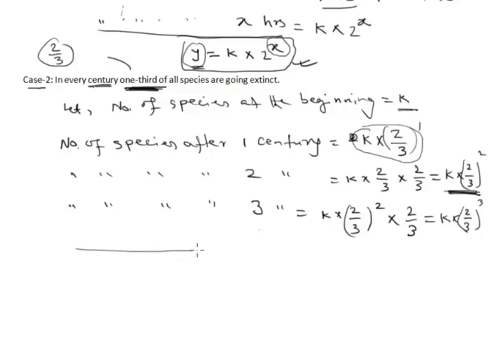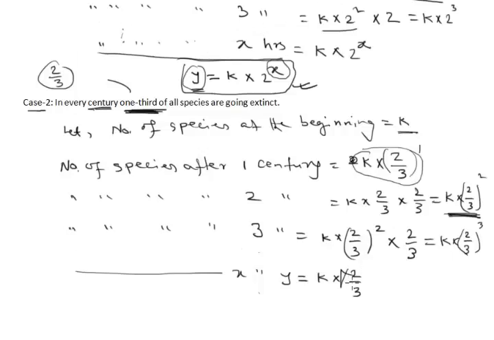So in general, after x centuries, if we represent the number of species by y, then y will be k times (2/3) to the power x. Here y is the number of species after x centuries, and x is the number of centuries. So y is represented by raising to the power x. This x and y relation, that is, the number of species remaining after x centuries, is